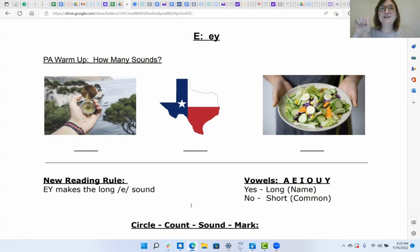The sounds in compass are s. 6 sounds. Those 2 schwa sounds were tricky. Now there's also a schwa sound in Texas. It's right before the S. Schwa sounds almost always come almost at the very end of the word. So Texas, there's a